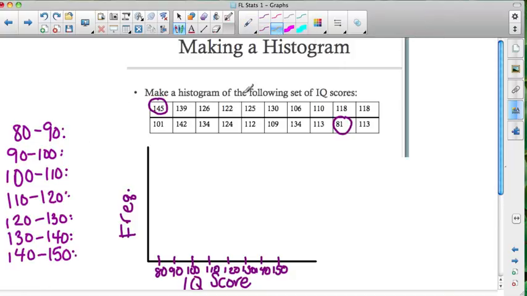So I look between 80 and 90, and I think that's just this guy right here. So I have one value between 80 and 90. Between 90 and 100, I actually don't have anybody, so I'm going to write 0. Between 100 and 110, I've got 1, 2, 3, and actually I'm going to wait on this guy. I'm going to sort of throw that up into the 110 to 120 category. So I'm going to call this 3,